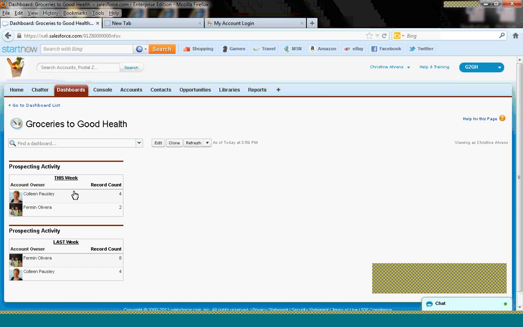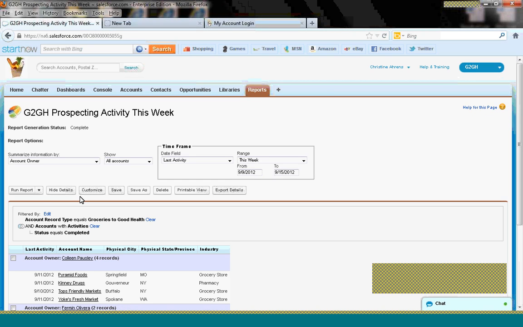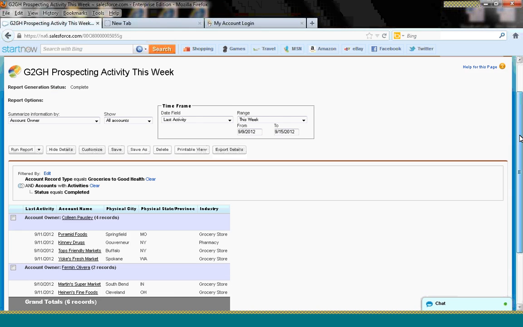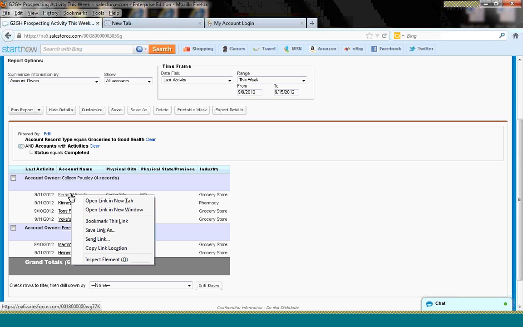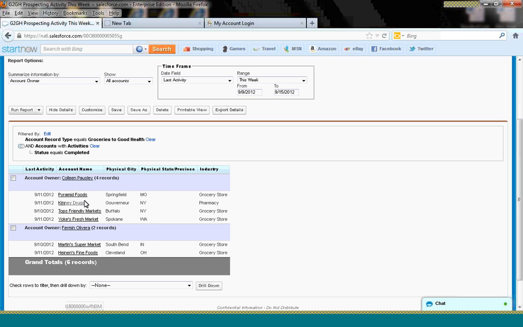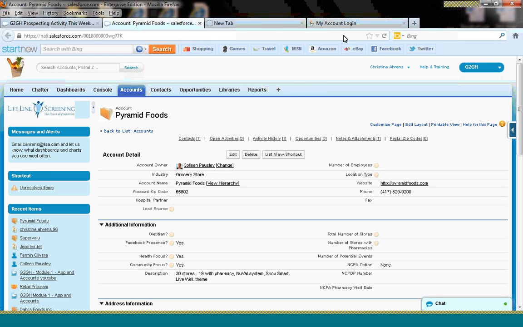So, of course, you can always double-click on the report, and you can drill down a little bit more specific. So the date range is this week, so you can see it's from 9/9 to 9/15. And if we take a look at the first one, you'll see it's Pyramid Foods. I'm going to right-click on that and open the link in a new tab just to show you where it's pulling from. Now, as I open this up, let's say Colleen has talked to the store 8 times in the